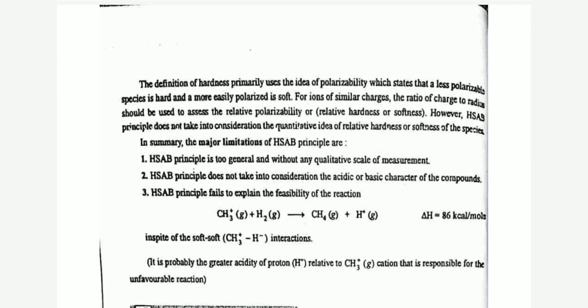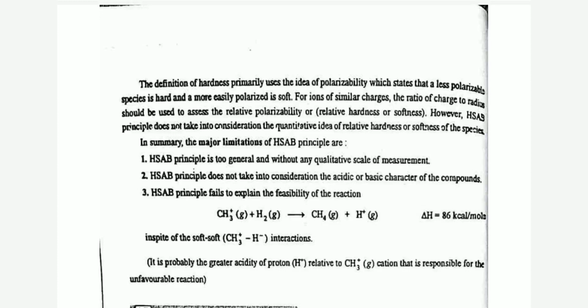The definition of hardness primarily uses the idea of polarizability, which states that a less polarizable species is hard and a more easily polarized species is soft. For ions of similar charges, the ratio of charge to radius should be used to assess the relative polarizability, or relative hardness or softness. However, the HSAB principle does not take into consideration the quantitative idea of relative hardness or softness